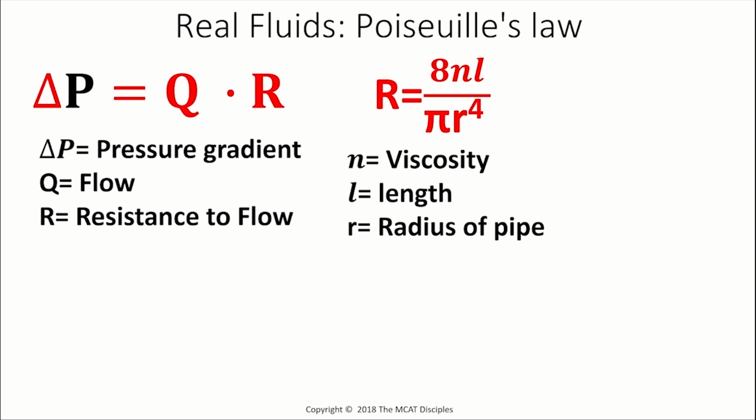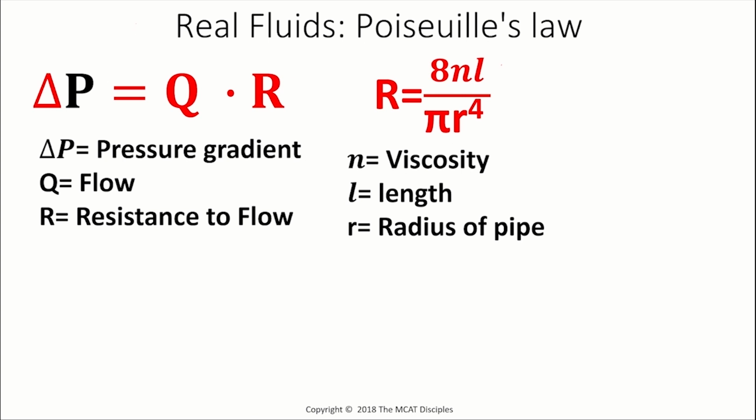So it just says that if you increase length, you're going to increase resistance, and if you increase resistance while the flow is constant, you're going to increase the pressure gradient. We can go through each one of these variables, but I think you understand that, and we're going to go through this more in the next lecture, so I'm not going to make a big stink about this. The only big stink that I'm going to make in this lecture about real fluid is that there is a difference between a pressure gradient and absolute pressure.